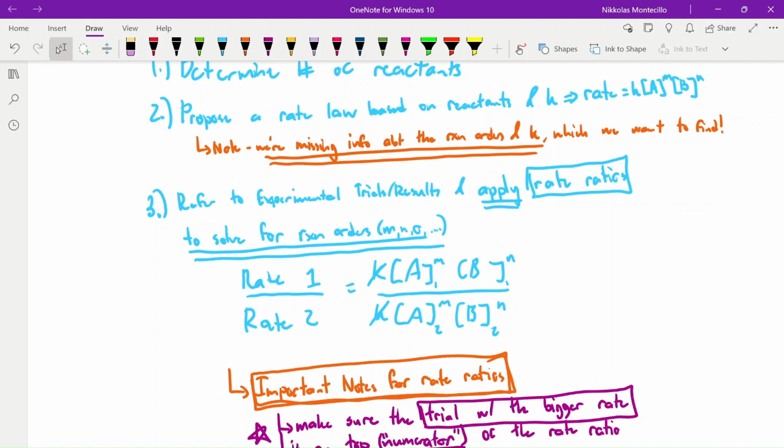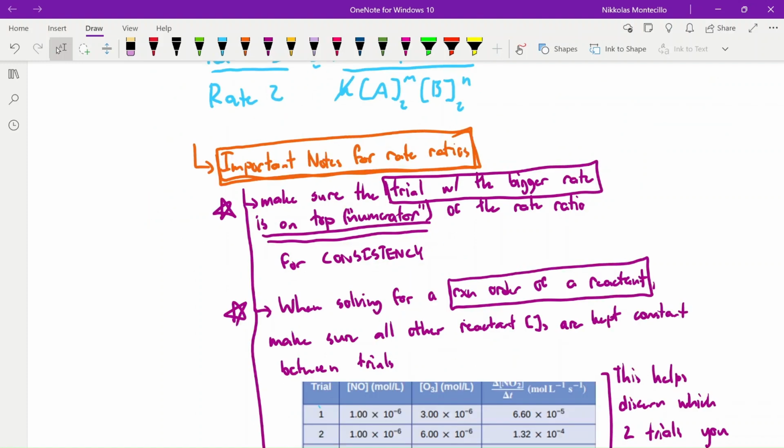So when we say rate ratios, we're just literally putting two rates into a ratio formula where we're attempting to solve for the reaction orders. Now, there are several important notes that we need to make about rate ratios. We need to make sure that the trial with the bigger rate is on top, in the numerator of the rate ratio,